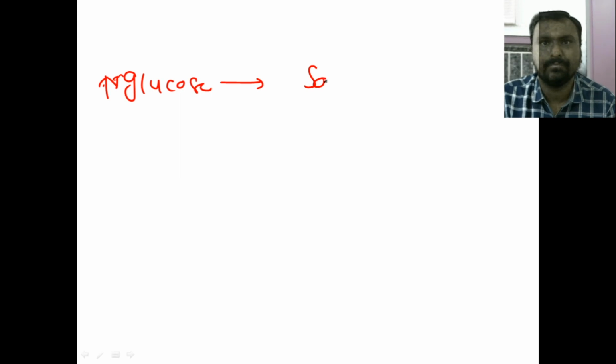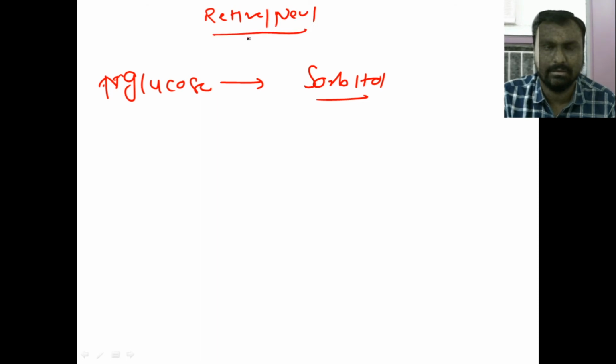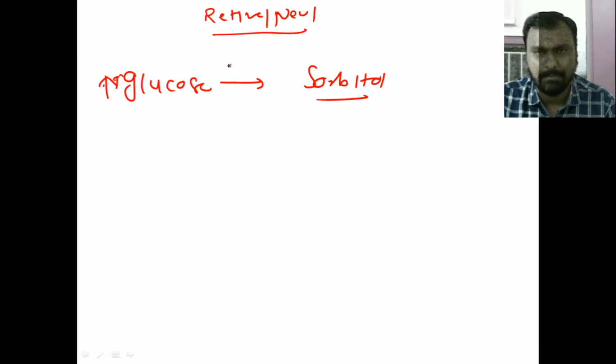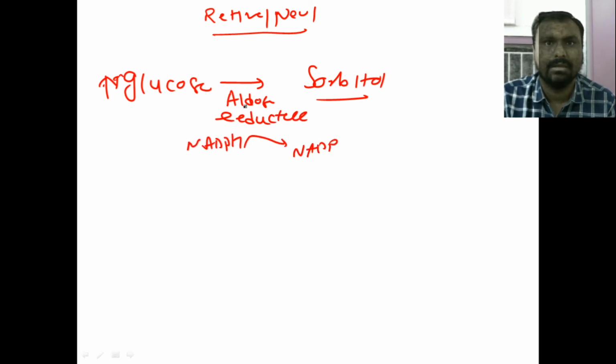I revise again. So excessive glucose, as it is seen in diabetes mellitus, is converted to sorbitol in all the organs like retina, neurons, nephrons, which are insulin insensitive, where insulin dependent glucose entry is not there. And this enzyme here is aldose reductase. Aldose reductase requires NADPH, that is converted to NADP. Here this aldose reductase has a very high Km value for the glucose, so that means less affinity. So it will act only when there is an excessive amount of glucose.